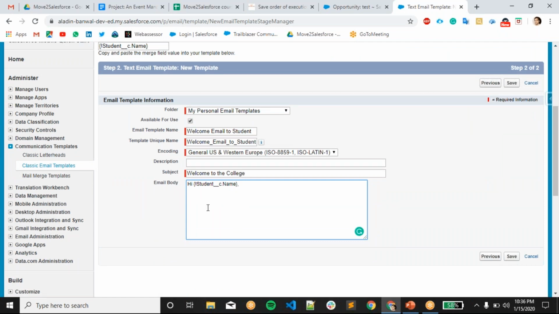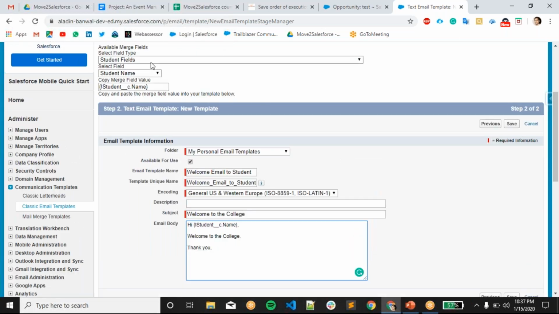And you can write the body over here. So, welcome to the college, thank you. And you can give the sender name as well.